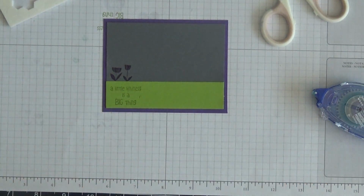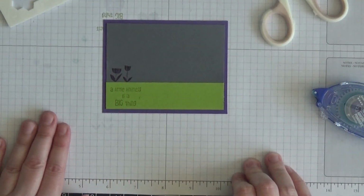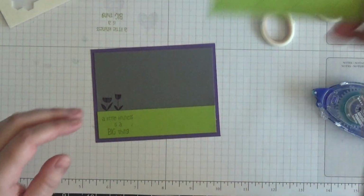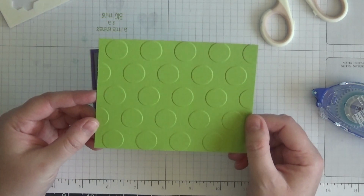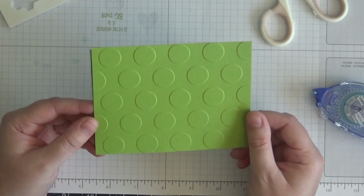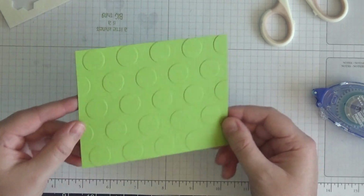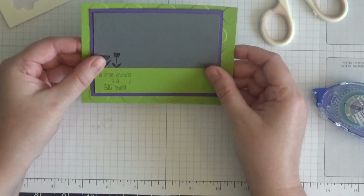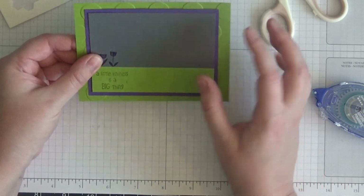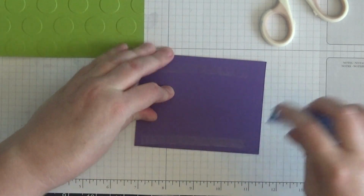Okay, so that's what we have so far. The next step is we want to layer this little panel onto something. So I chose a piece of Granny Apple Green cardstock. This measures 5 1/4 by 4, and I ran it through my Big Shot with my polka dot embossing folder to add a little bit of texture, and we're going to layer this panel on top of this green cardstock. So let's put some adhesive on the back of this,